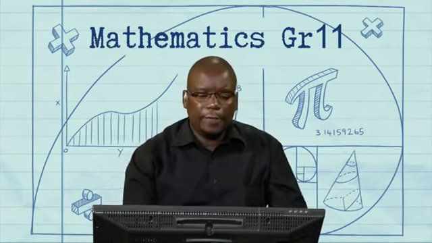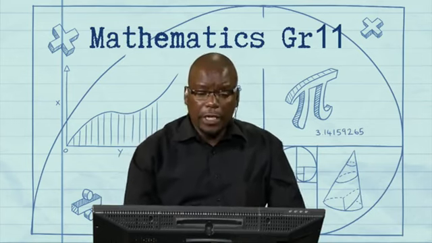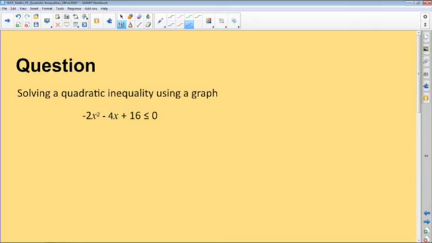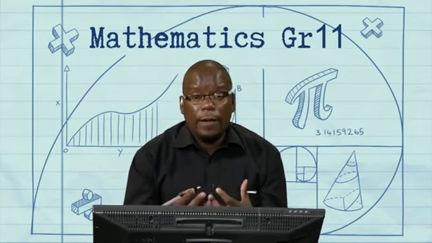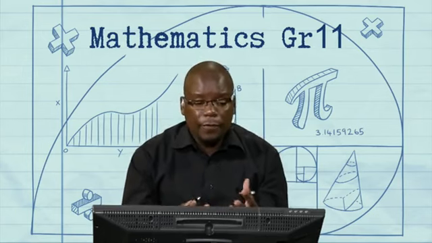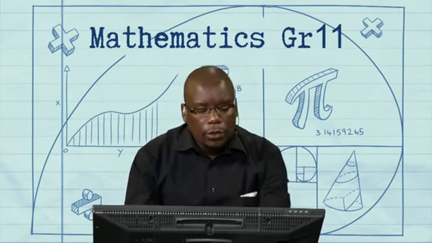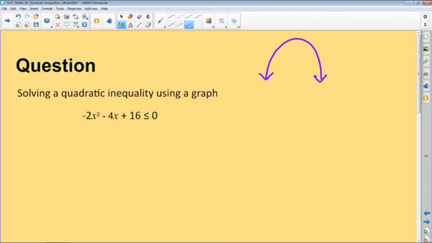All right, thank you, grade 11s. I can see that quite a number of you are working. Now let's just check with this problem. This graph is a negative, it's facing down. But if you're still new and still trying to get used to these problems, I suggest you work with positive functions. How are you going to have this to be a positive graph? You can divide by negative 2 throughout. If you divide by negative 2 throughout, you'll get x squared